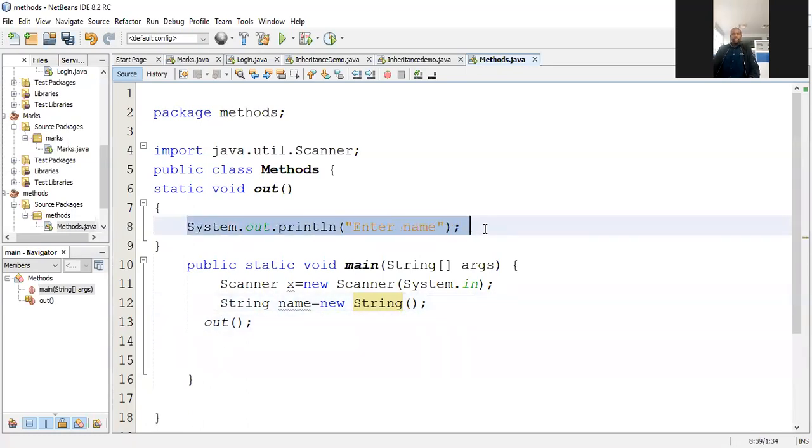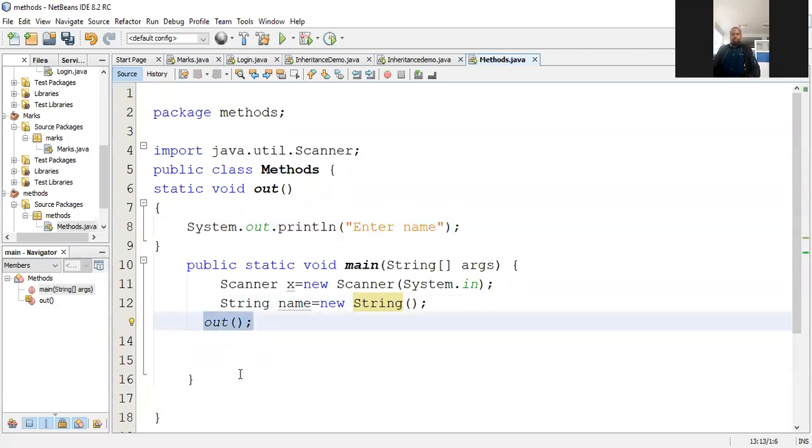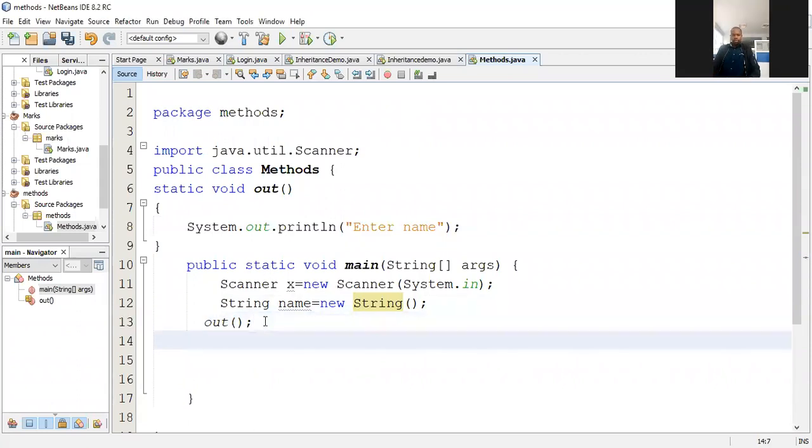But you see that that particular code is already in the function. So we just call that function. You see, so it will just say enter name. Okay, and then what do we do? We just now enter the name. The variable is called name. So name is equals to in dot